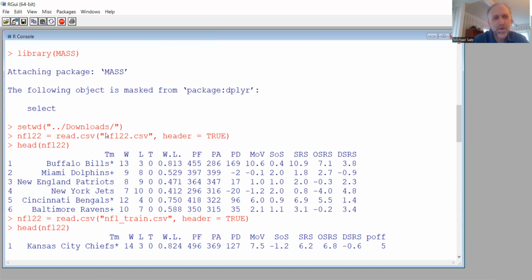You know how when you download a file, at least in Windows, it won't give you a warning. If that file name's already there, it will just put parentheses 1 or parentheses 7, however many copies you have of it, which is a smart, safe thing to do. But anyway, I just put in the regular name. It was an earlier version, and that didn't work.